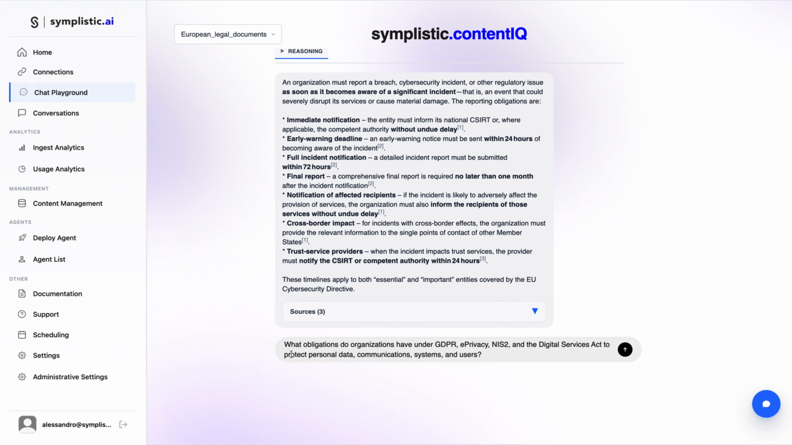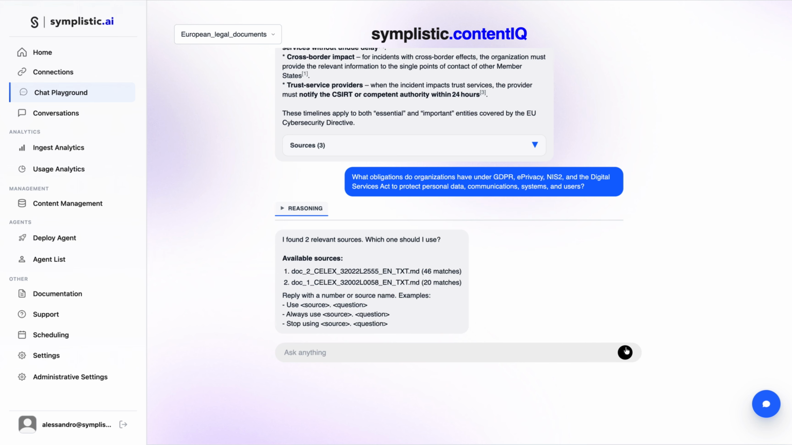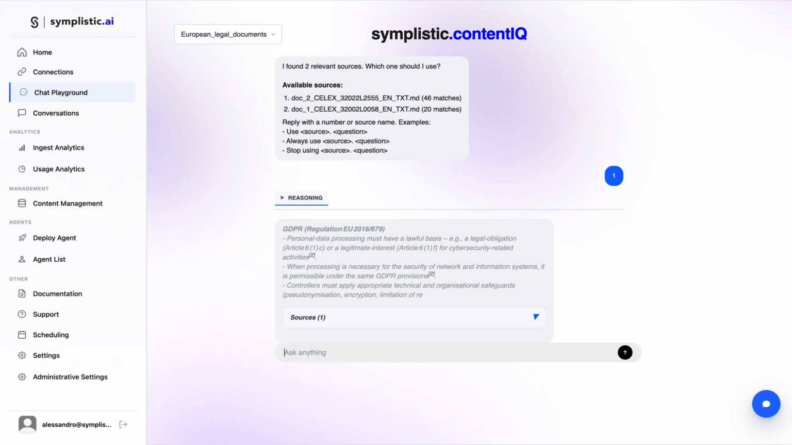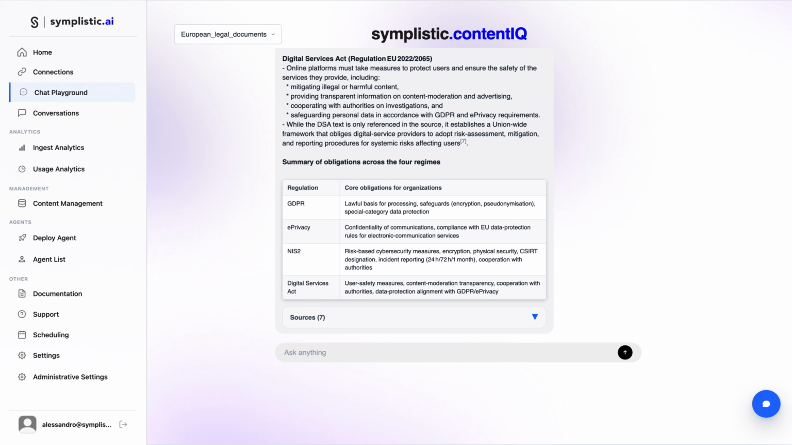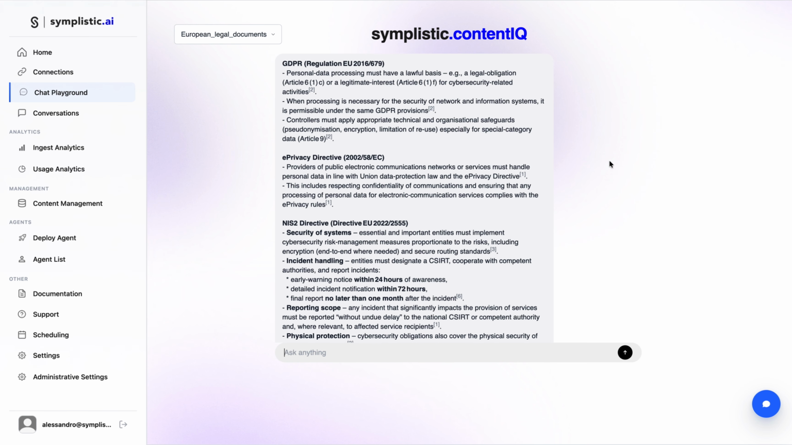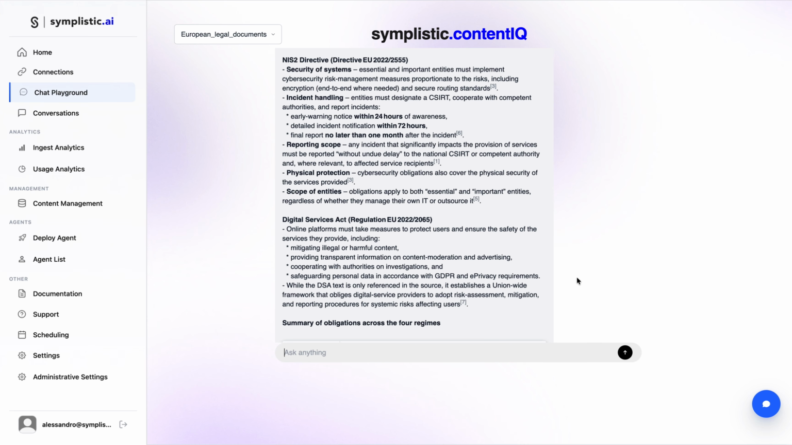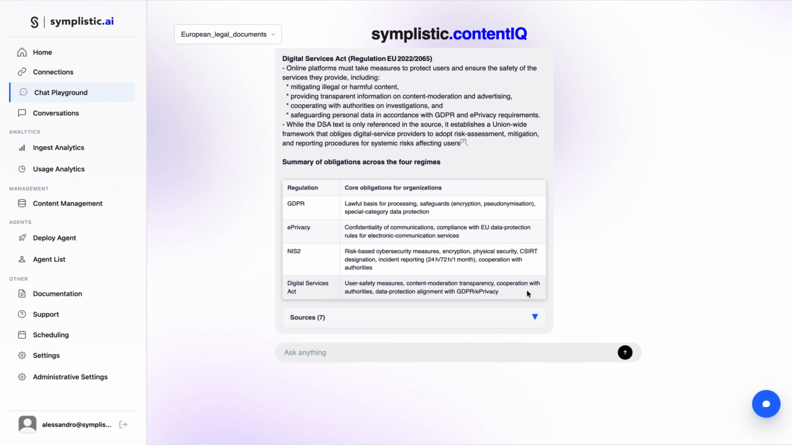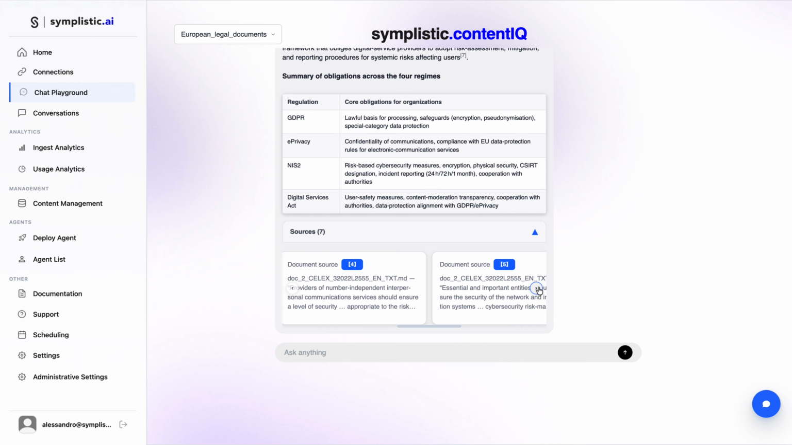Next, let's ask what obligations organizations have under GDPR, e-privacy, NIS2, and the Digital Services Act to protect personal data, communications, systems, and users. Here, ContentIQ also shows one of our key features. When the platform finds overlapping information across multiple relevant sources, it lets us choose exactly which source we want the answer to come from. Then ContentIQ gives us a structured answer across all 4 frameworks, covering lawful processing, confidentiality of communications, cybersecurity risk management, incident reporting, content moderation, and user protection, while also showing exactly which documents the information came